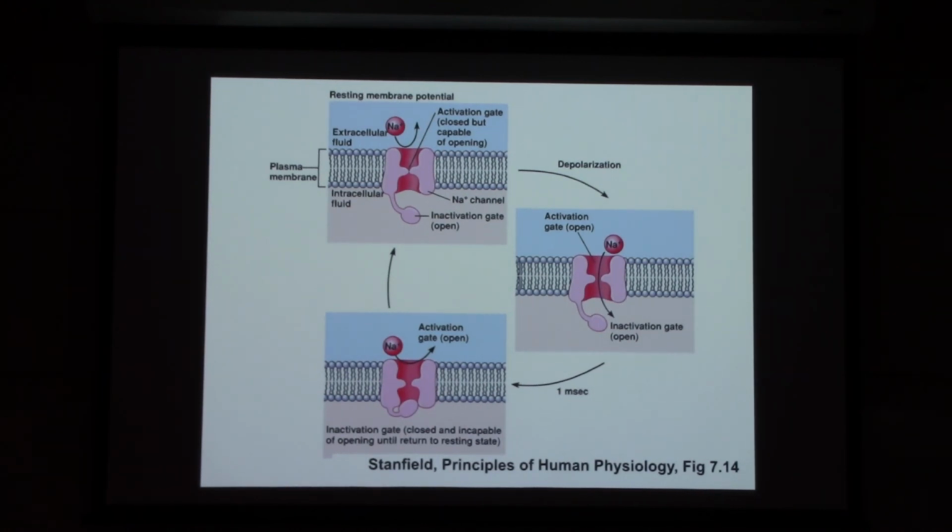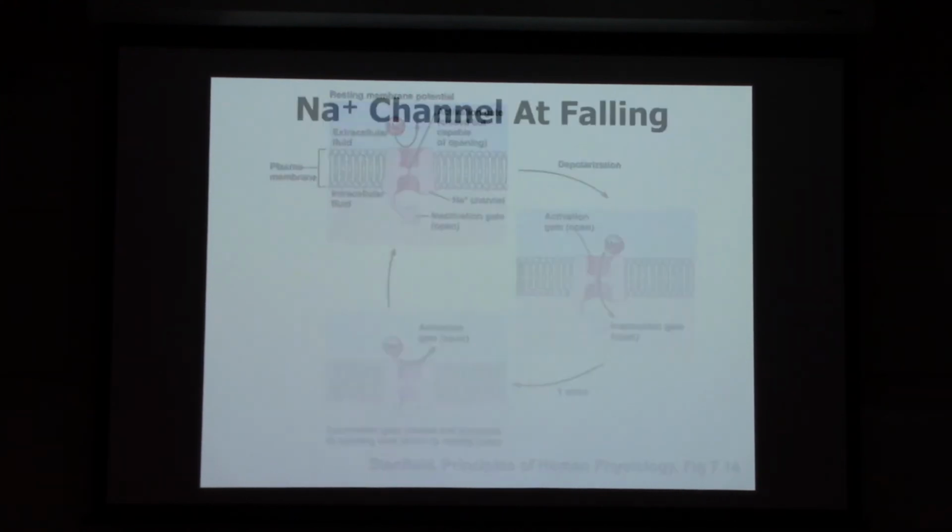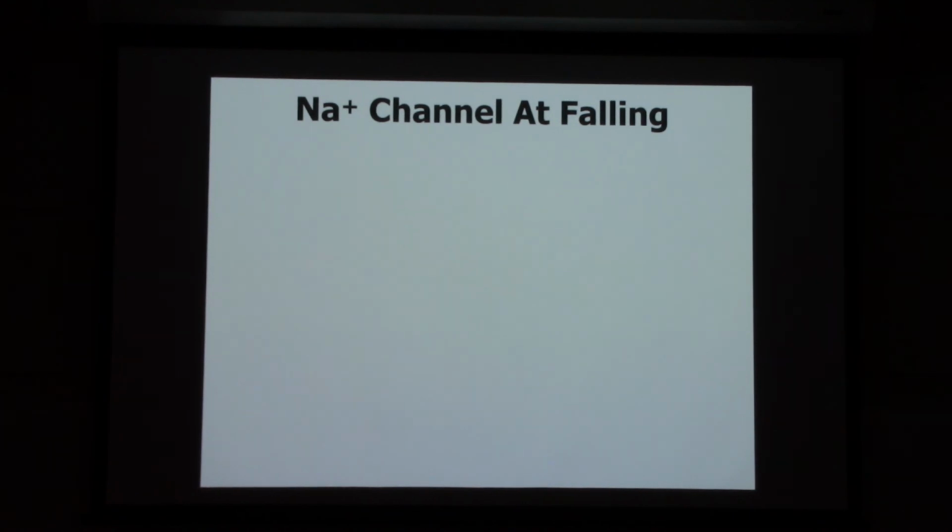That's a confusing slide. Do I have a picture for that? All right. What happens at falling? So think also what's going on at falling. Why is the membrane potential repolarizing? Because potassium channels are open, which are totally separate from